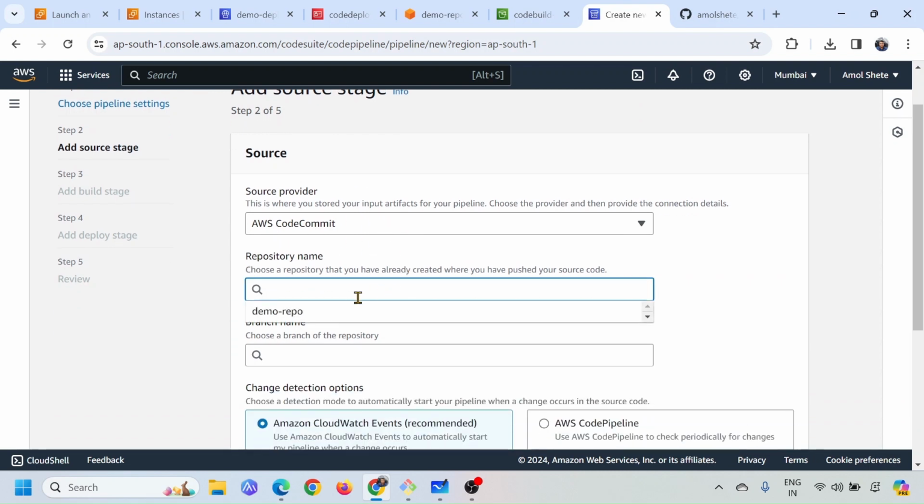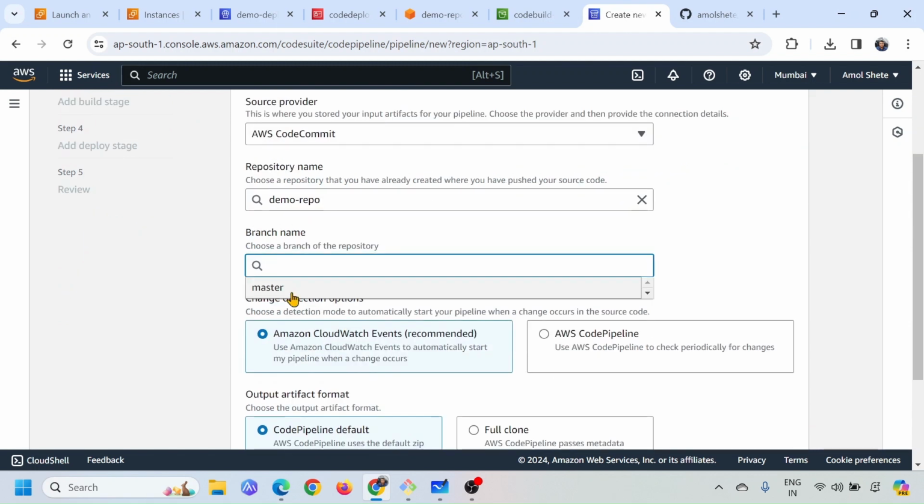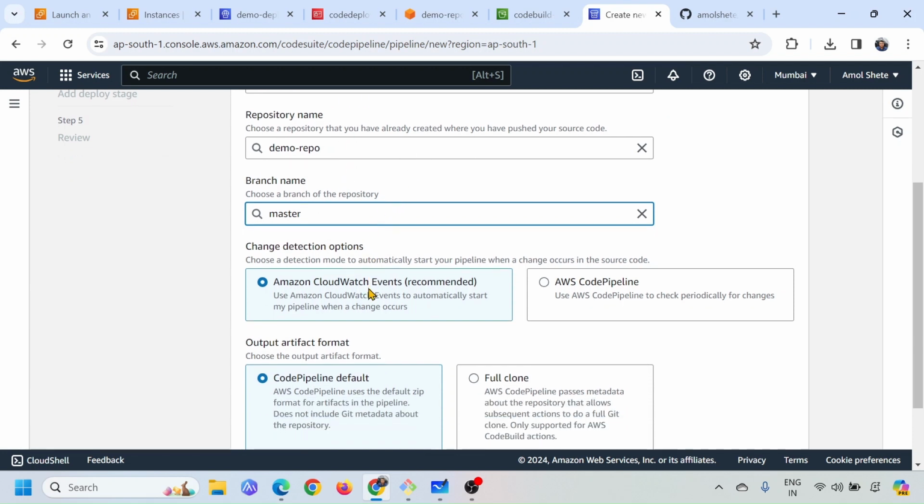Repository name, in this case I just have one, that is demo repo. Branch name is master, so I have chosen all the appropriate options here. Next thing is the change detection option. This is selected by default. Now, what this option is